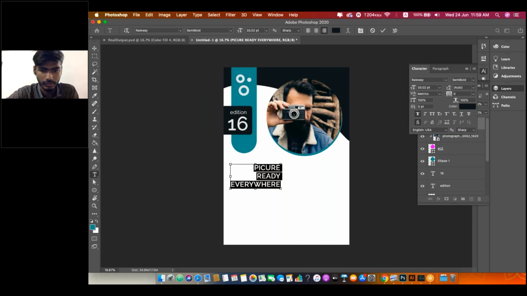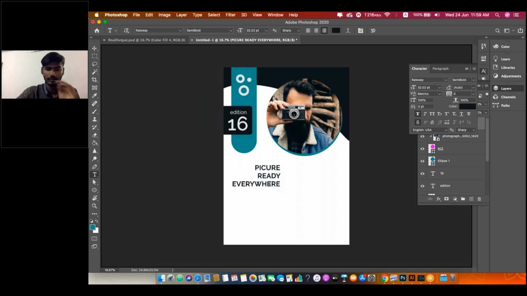Picture ready everywhere. See, this paragraph is right aligned. If you want it to be centered or left aligned, you can go to this part: left align, center, or right align. I use it as right align just because